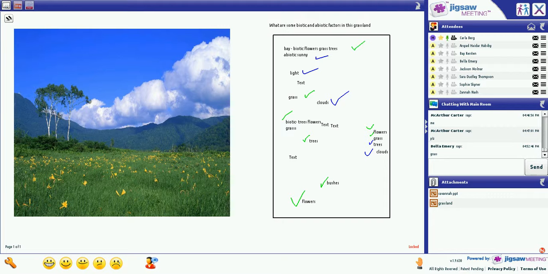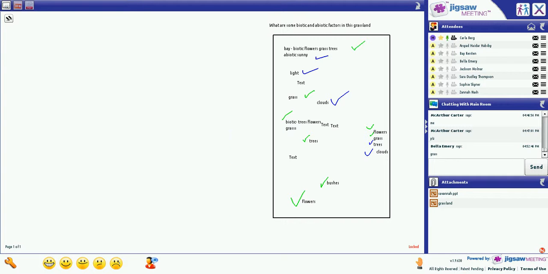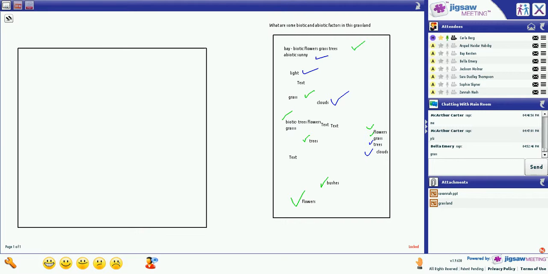Now, would anybody like to take a guess, and I'm going to get rid of this grassland picture, and next week in your homework tonight, we are going to look at forests.